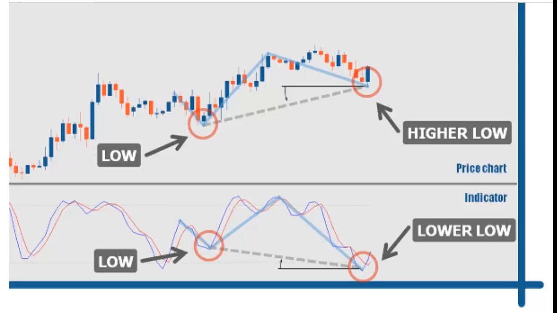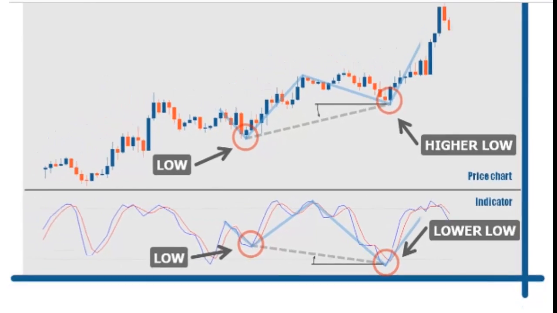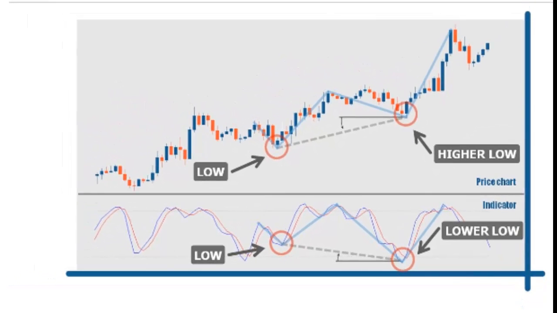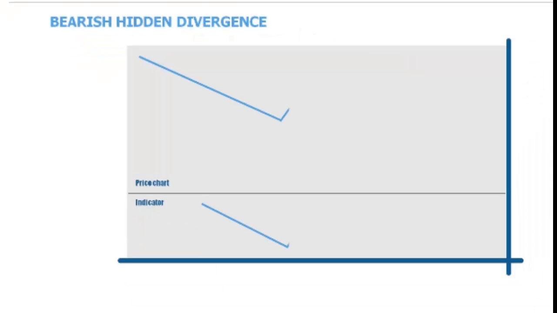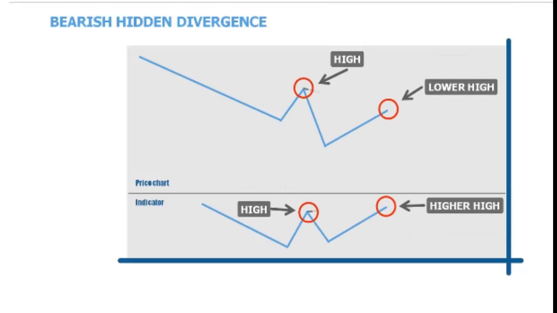In this example, we will look at bearish hidden divergence. When price makes a series of lower highs in a downtrend, but the indicator makes a series of higher highs, it is called bearish hidden divergence. This is a trend continuation signal that normally precedes price moving in the same direction, potentially setting up a short